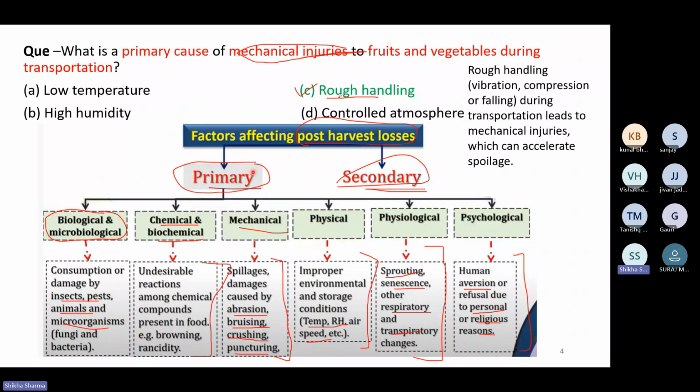It is rough handling. Rough handling can be vibration while fruits are being transported, or compression of fruit, like overfilling of the container and then compression of the fruits, or falling